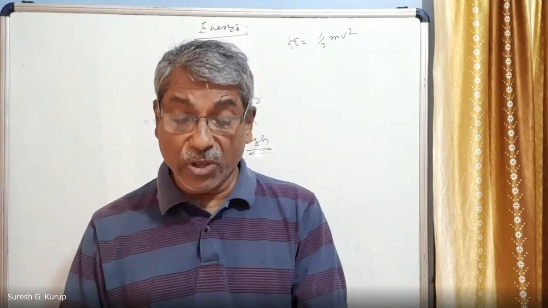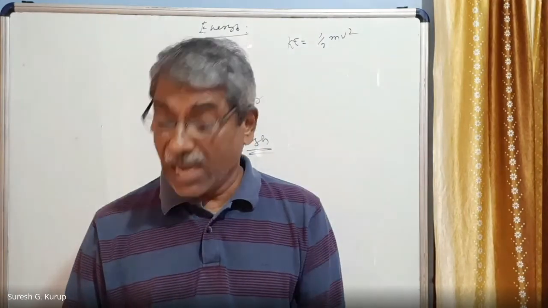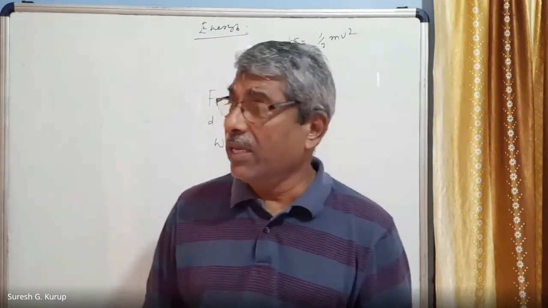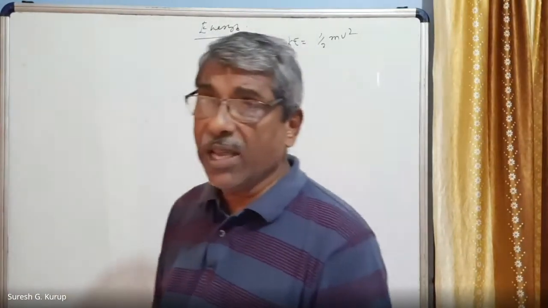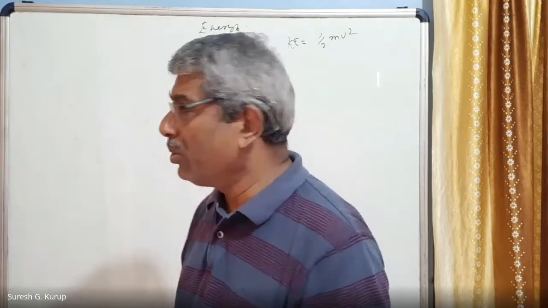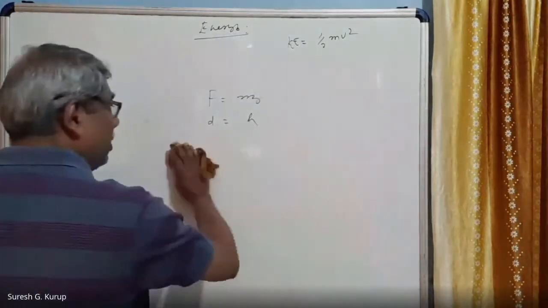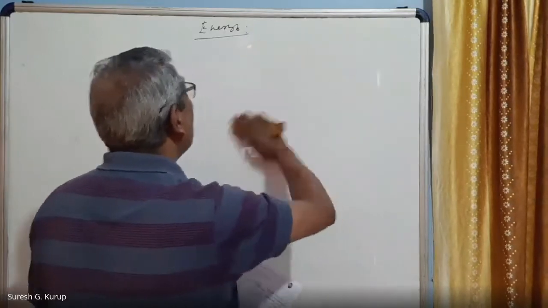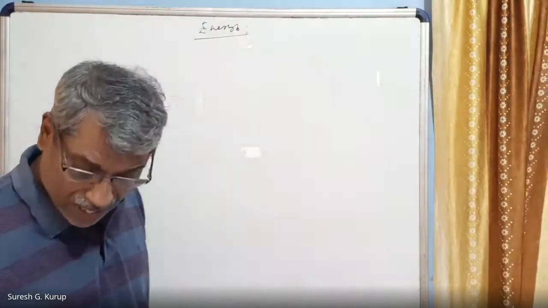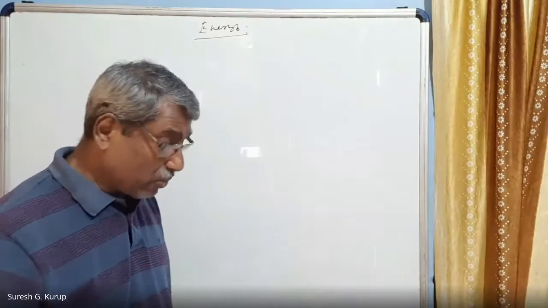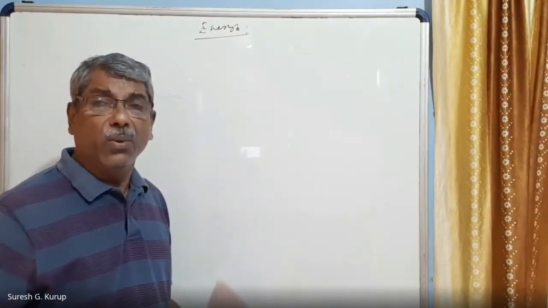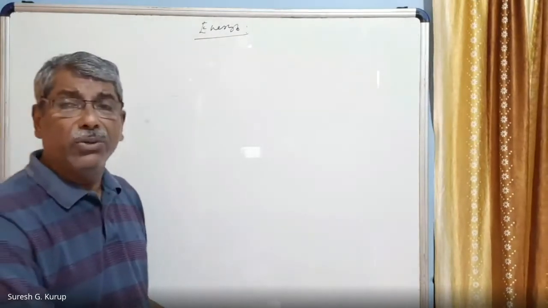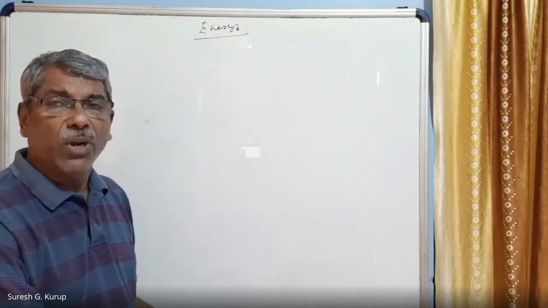So in the case of a spring, it can be observed, and also in the case of a string. Next is the expression for kinetic energy. I am going to tell you the expression for kinetic energy, because we have to prove that it is equal to half mv square. Mechanical energy is of two kinds: one is kinetic energy, the other is potential energy. First, we are going to derive an expression for kinetic energy.